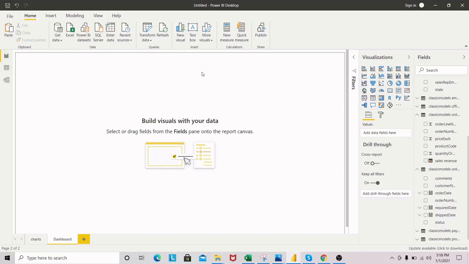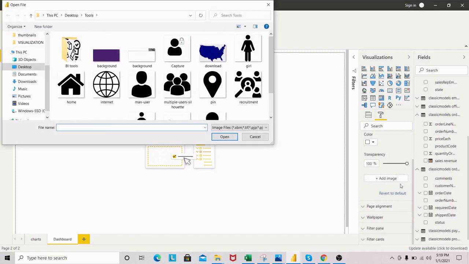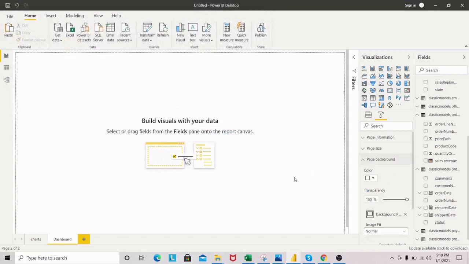To insert our page background, we click anywhere within the page, go to the format pane. In the format pane, we have different information, the page information, the page background. We have the page size and other ones. So first of all, we need the page background. In the page background, you have an add image. So we can click on the add image,